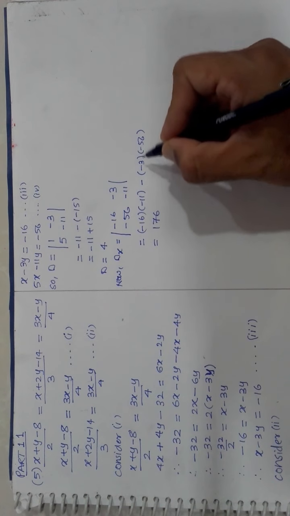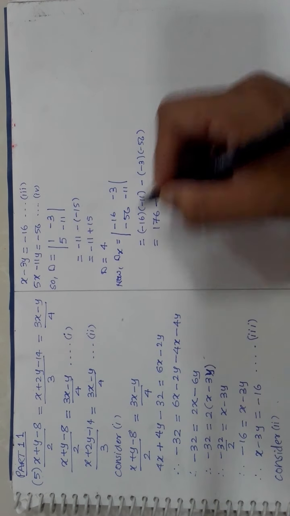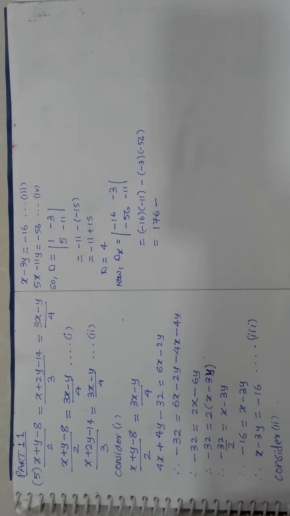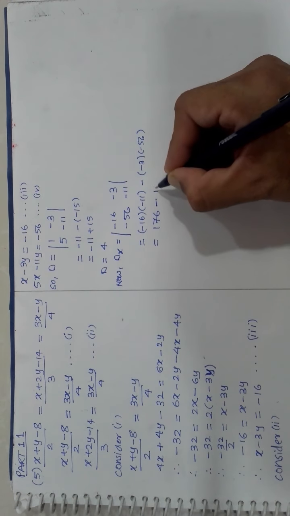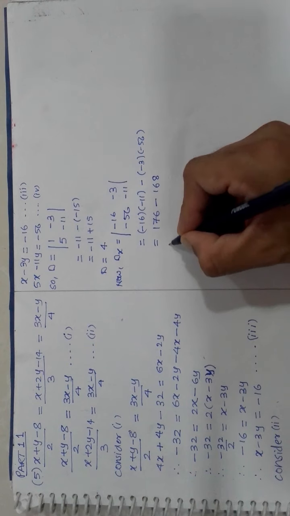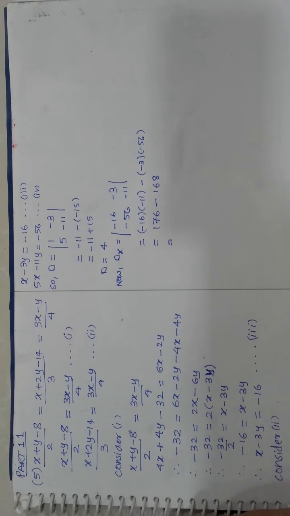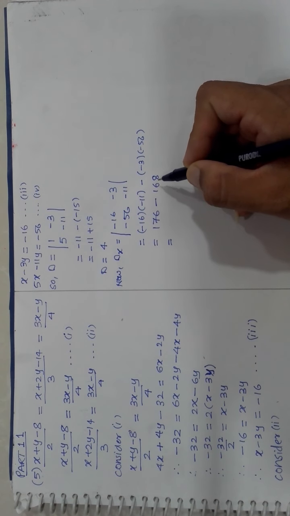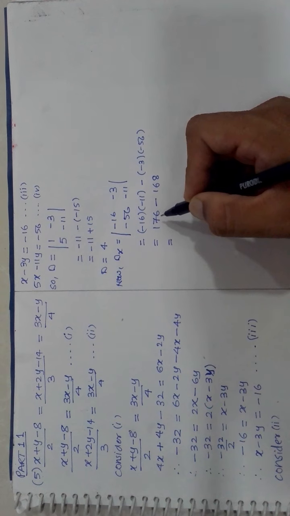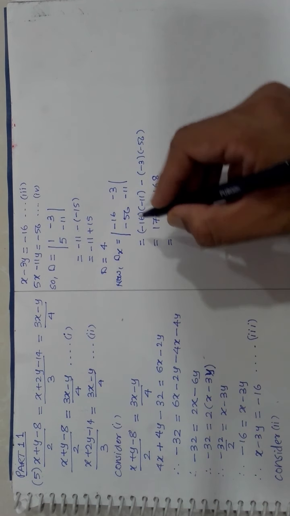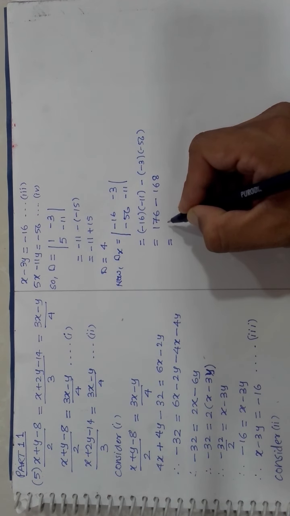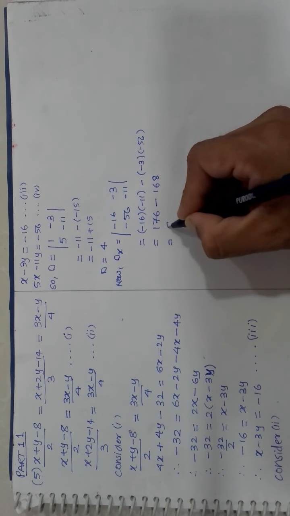Both are having minus signs. Now here the minus sign we have already discussed. So you will get 56 into 3, and 56 into 3 becomes 168. And now I want the subtraction. You can see here that 176 and 168 both have different signs, so subtraction will be there, and the sign of the larger number, that is 176, is larger. So you will get here plus 8.